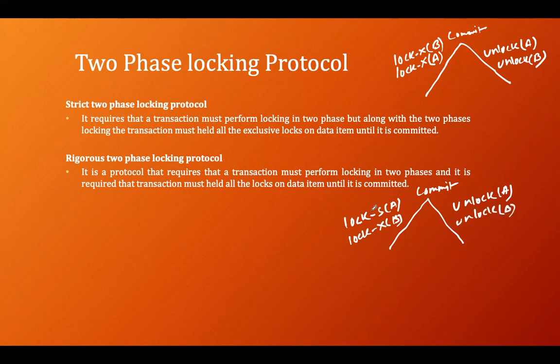So the difference is very small, that in the regress two-phase locking, the lock again has to be acquired, but it is not restricted that you have to take the exclusive lock all the time. But in the strict two-phase locking, it is a restriction that you have to take the lock which should be exclusive lock all